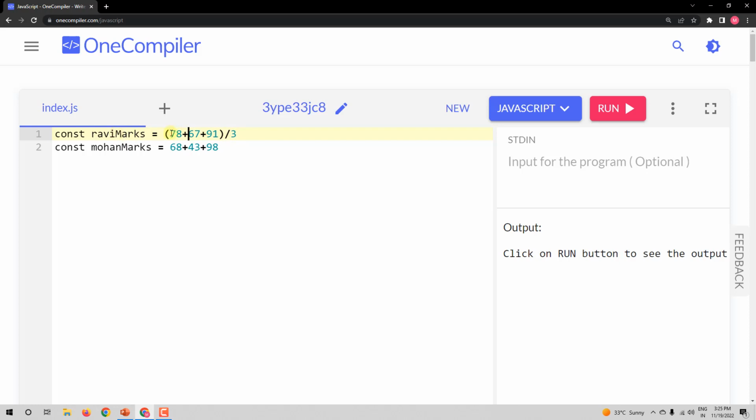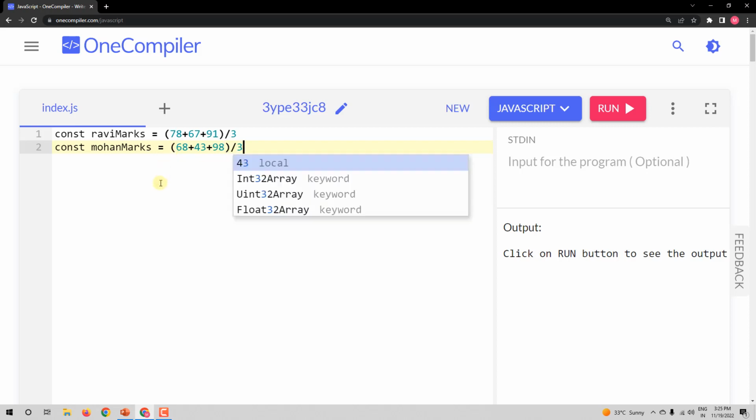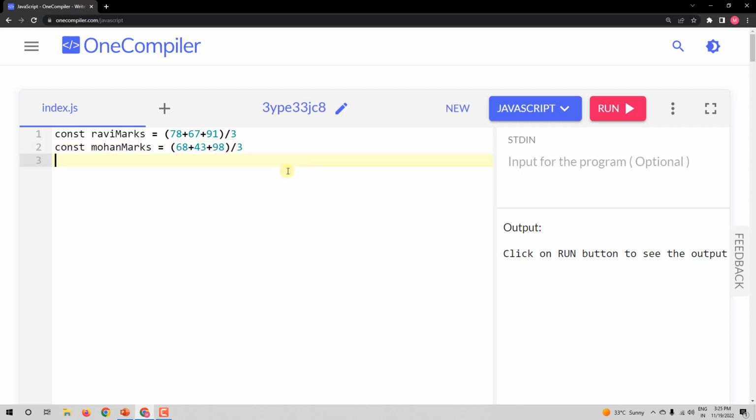So we have talked about operator precedence, correct? So first whatever is in the bracket will be evaluated and then divided by 3. Same goes here. Let me add a bracket here and at the end and divide by 3. Alright. So now let me say